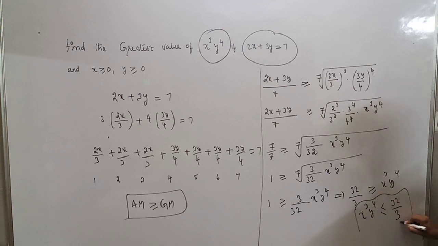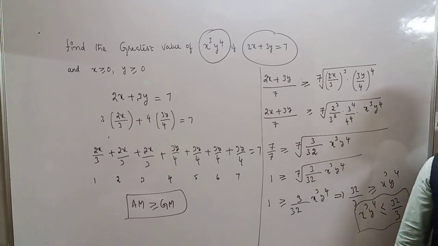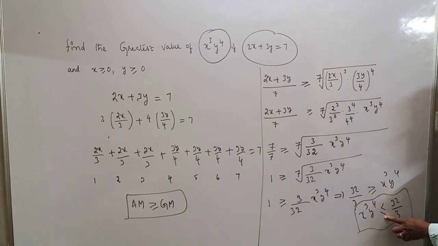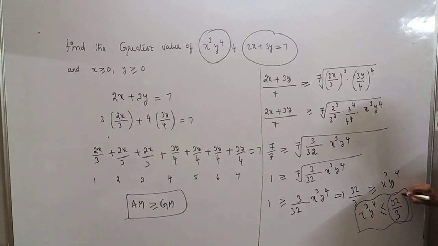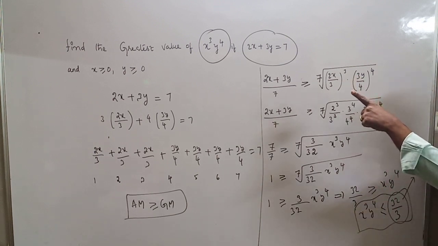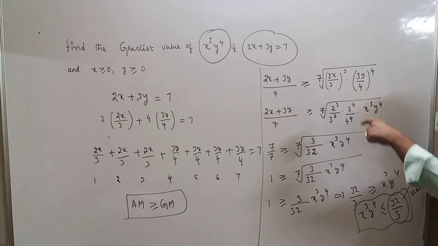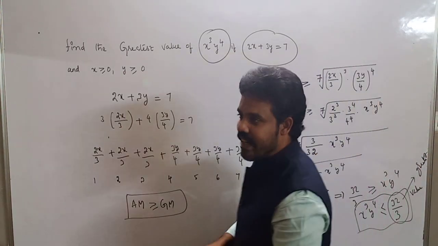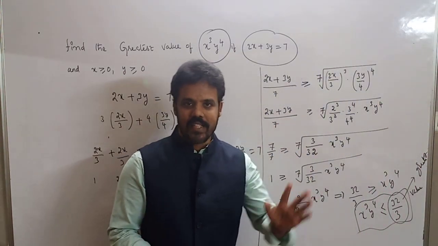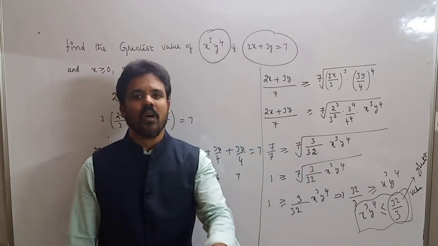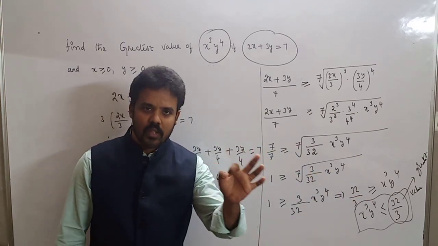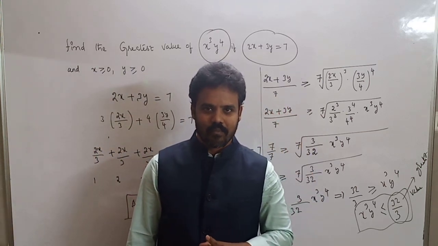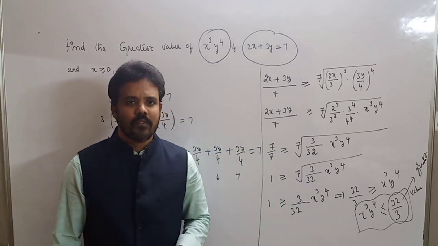Now, before I told you, x less than or equal to a means a is the greatest value. Here x cube y power 4 is less than or equal to 32/3, so 32/3 will be the greatest value. This is the way to find either the greatest or least value, either maximum or minimum, without using any derivative or calculus, only using inequalities. It is a very important model, but easy.